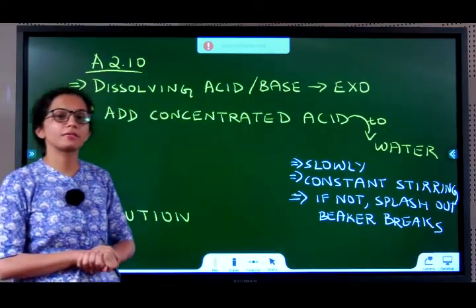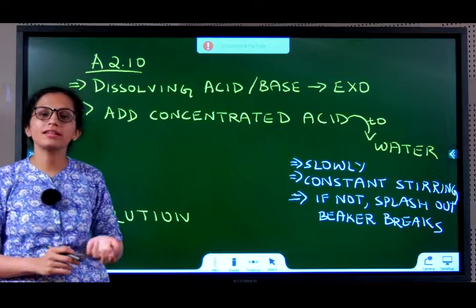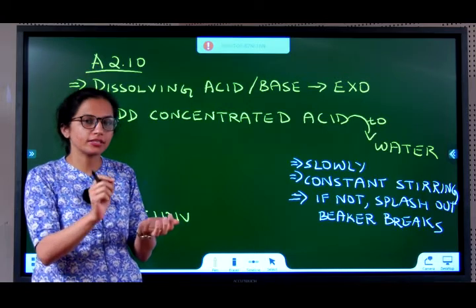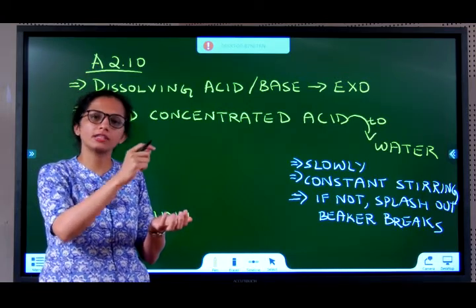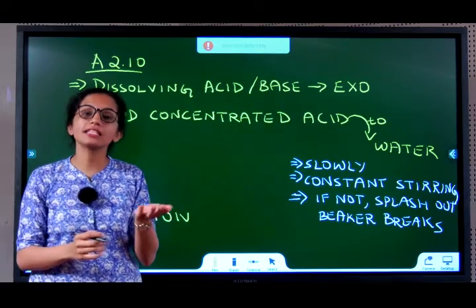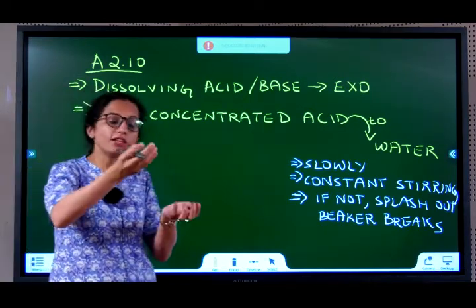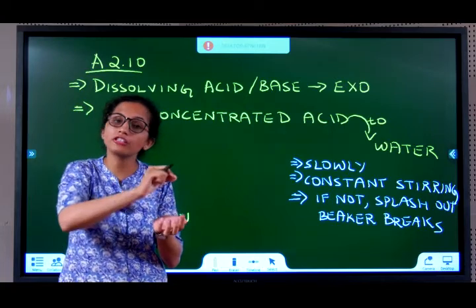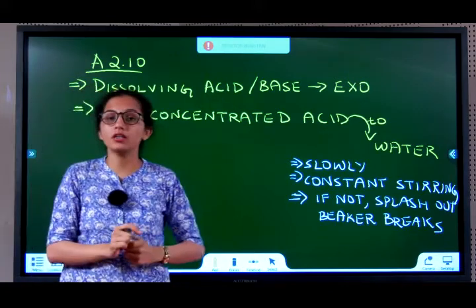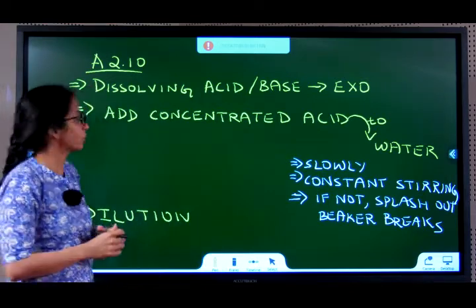Moving on to the next experiment, activity 2.10. In this experiment, we take about 10 ml of water and we add a few drops of concentrated sulfuric acid in it. Keep stirring it. If you touch the beaker, you will see the beaker is hot. What does this mean? When you are putting acid in the water, what is that called? You're dissolving the acid in the water. So dissolving an acid or a base in water is an exothermic reaction. The same thing is observed with a base if you try with NaOH.